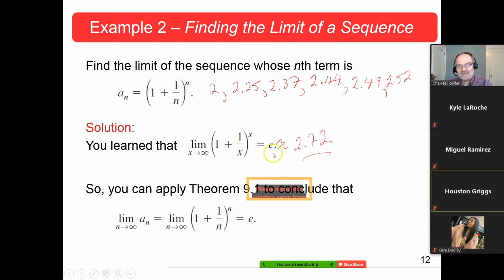Just looking at these numbers we did here, they just keep increasing. We can't tell by looking at these numbers whether there's an upper limit or not. It just is not apparent. When we looked at this, we saw, yes, that has a limit, so therefore this has a limit. So yes, there is a place that it's approaching. But just looking at the sequence, there we looked at 1, 2, 3, 4, 5, 6. I just ran out of room. We could have gone on 7, 8, 9. They would have kept increasing, but we couldn't tell if there was a limit or not.